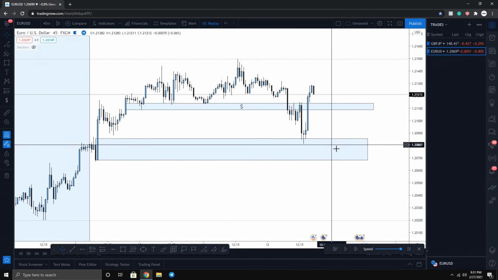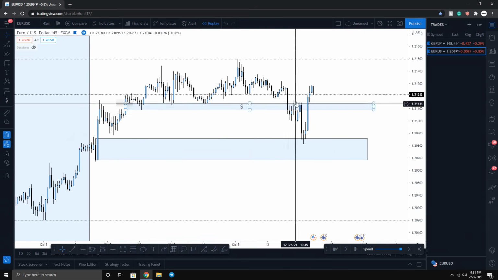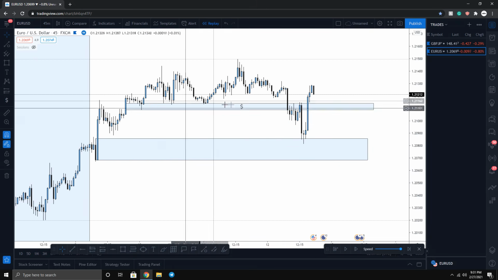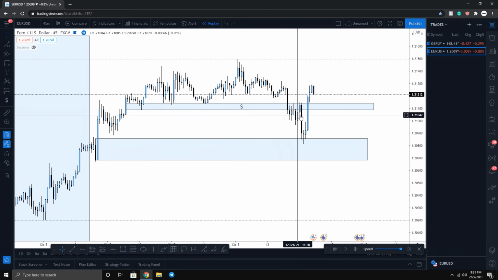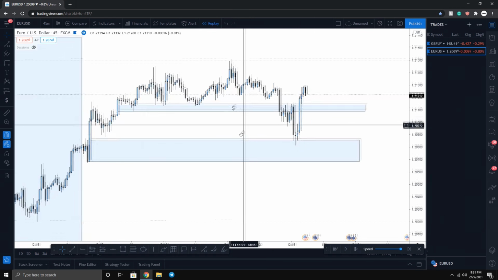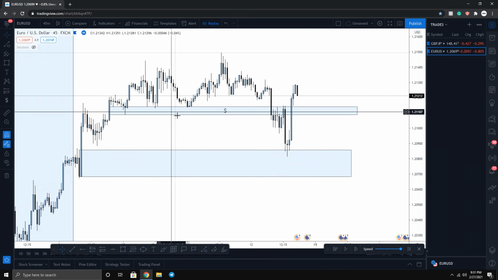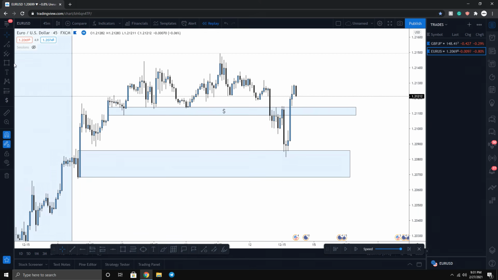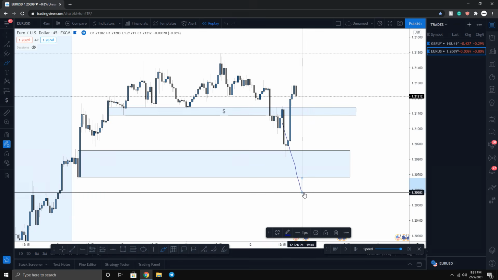We can easily see that after the market stopped out all these people who are buying over here, it came and reacted off of the order block. So whenever you're looking at a level of liquidity or support, what you should be looking for is if there's an order block below that level, because most likely the market is going to come below that level, come inside that order block, and after it comes inside, it's going to go towards the upside. Or the market can completely just sell off and not go your way at all.